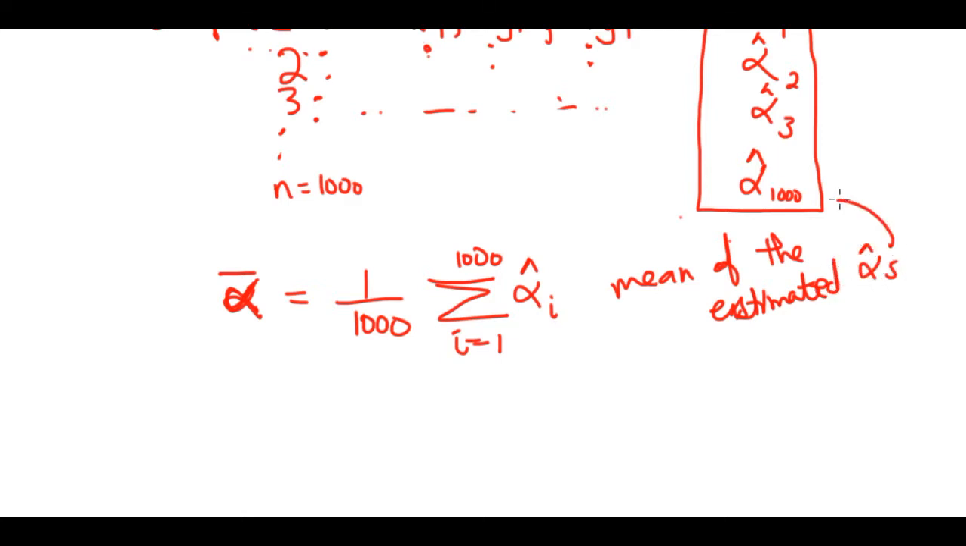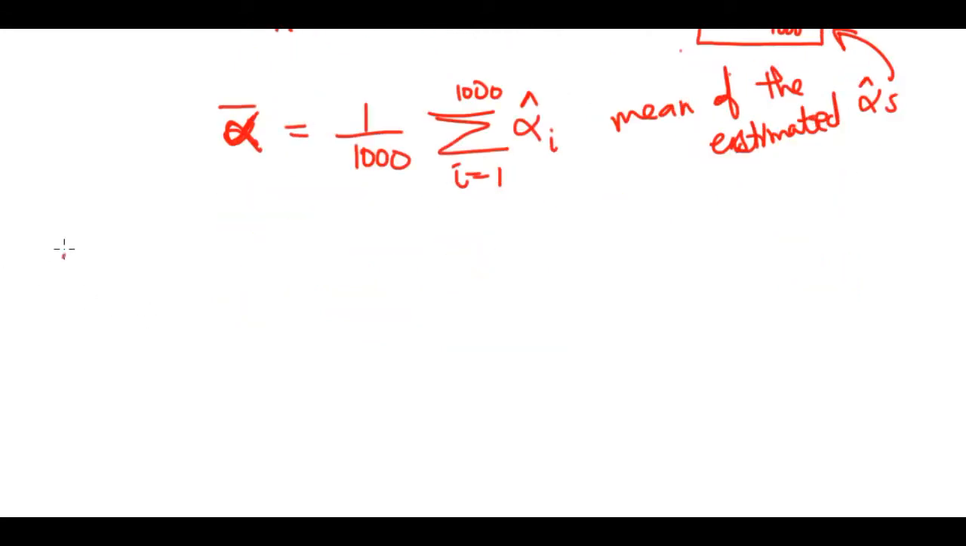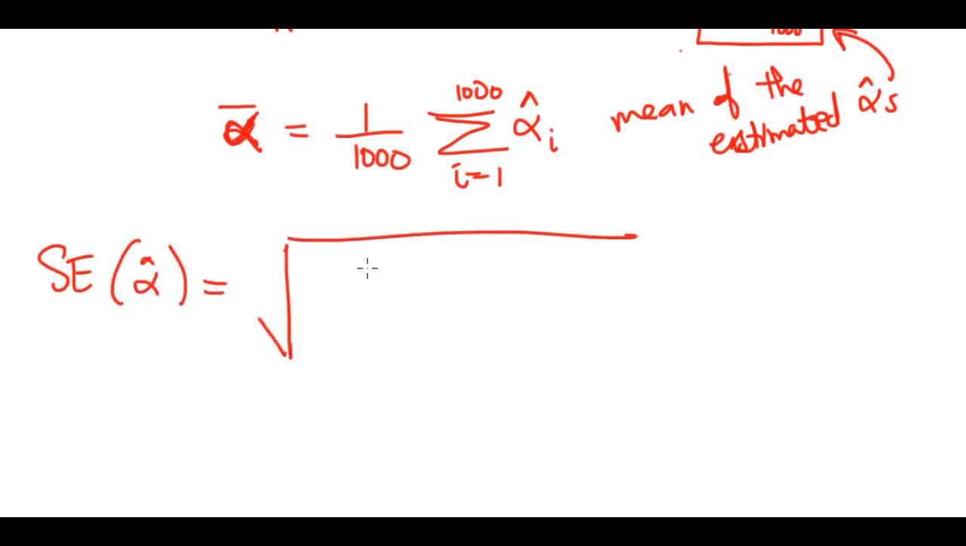Right? As the mean of the estimated alphas. What we have discussed here is essentially Bootstrap. And the standard error can now be estimated using this. The standard error of alpha can be estimated using, in our case here, 1 over 1000